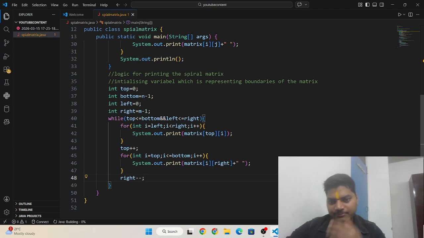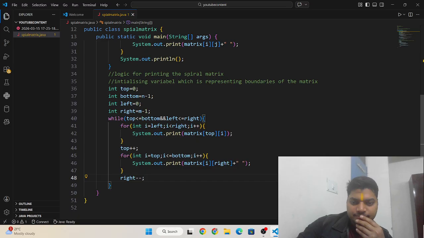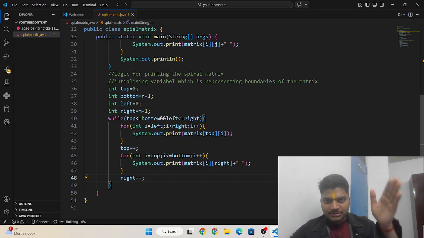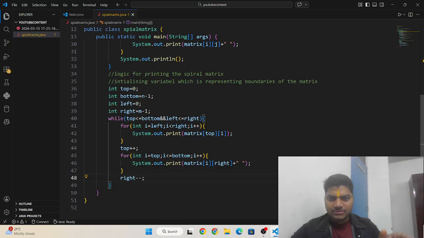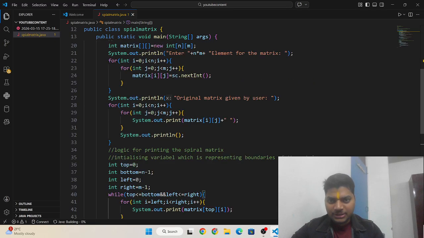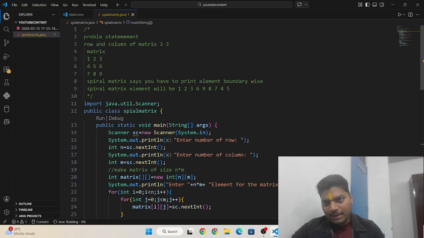Okay, right minus minus. Why? Because right is representing the right column. If we have printed this, then we are moving it: plus plus means down.